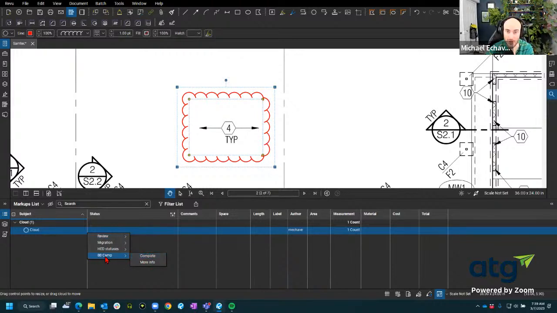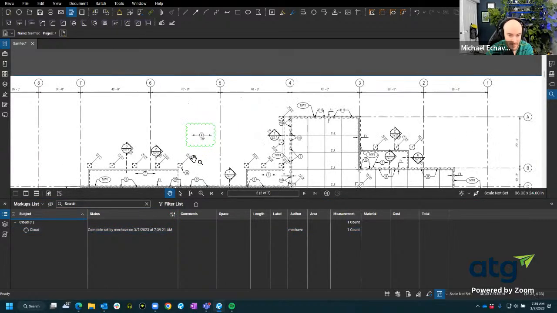So if I'm going through and reviewing this from a design standpoint, I can see this Bluebeam Camp one and I can just hit complete and it will actually change the color. So this is saved to my profile. And that is awesome because if I changed a profile or sent my profile out, the custom statuses would be with it as well. However, and this is my gripe,